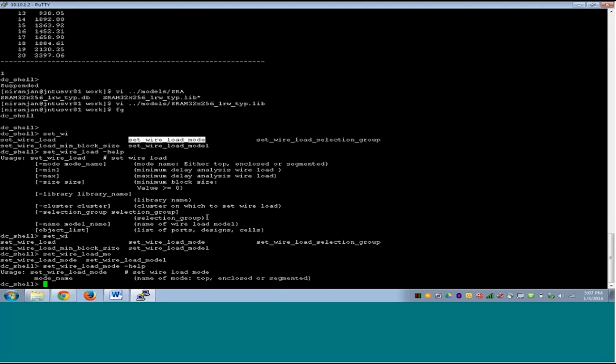Now this single command called set wire load, which is available to us, will set all the things for us. We say mode, we say let's choose top to be the reverse case. Let's choose the mode name. Let's choose mode top. Then let's choose the library to be